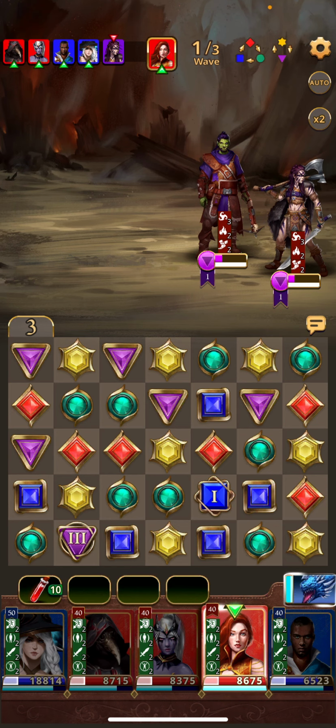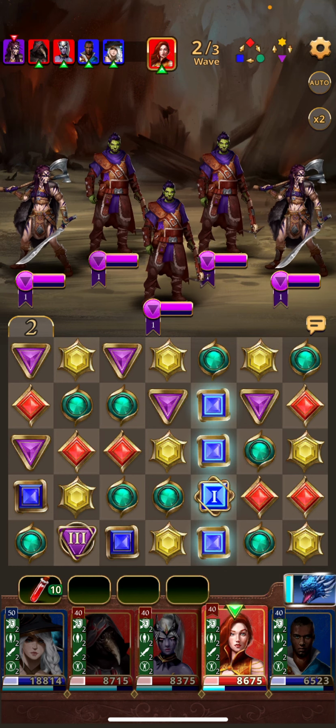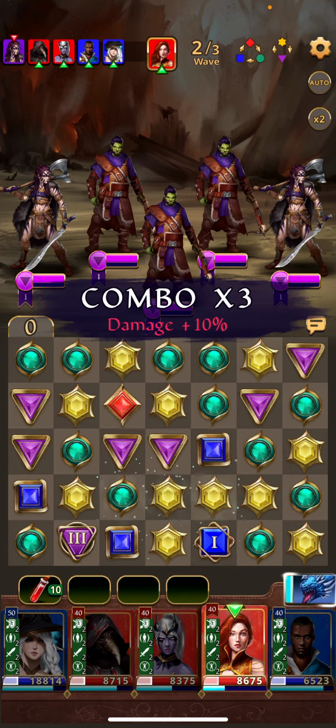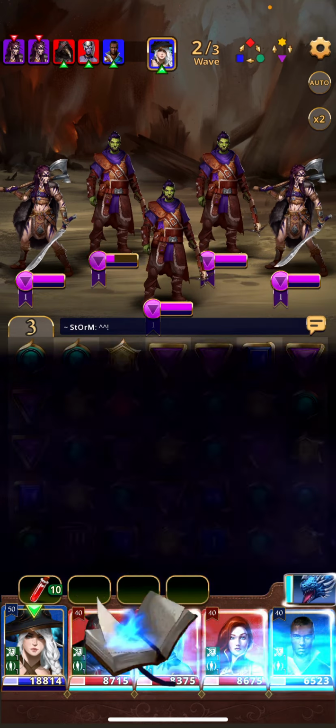So let's see, it wasn't quite enough for him. So we'll just use her, move on to the next wave. And then it's a red hero's turn, so we'll match some reds. That should fill her mana bar up again. All right, we got everyone ready. So then we can go attack up,